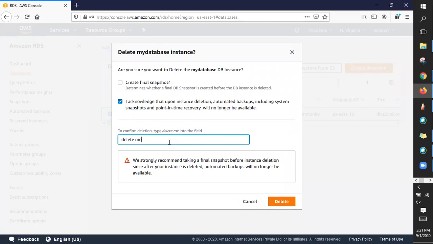Okay, so if you just forgot and then said delete, it will create a manual backup for you, and guys, it will charge us. So when you're deleting, make sure you disable this and enable this and then say delete by typing delete me.